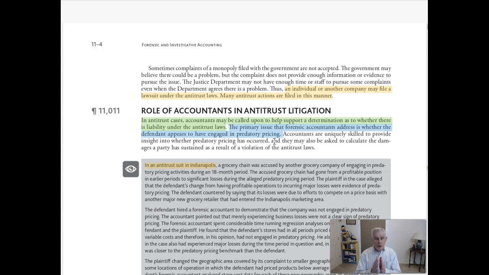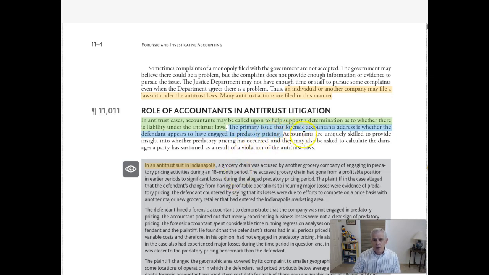Again, it's not the accountant's job to decide the legality of this. The accountants work the numbers up. Now, based on the numbers, the plaintiff might file a lawsuit, take it to court, and then maybe the defendant is found guilty. If that's the case, then what is the dollar amount of the actual damages? Well, the plaintiff has already made a statement, here are the damages. Then the defendant has to come in with an expert to calculate damages and say, well, you found I'm liable, now here's how much I think I owe you because of the damages.